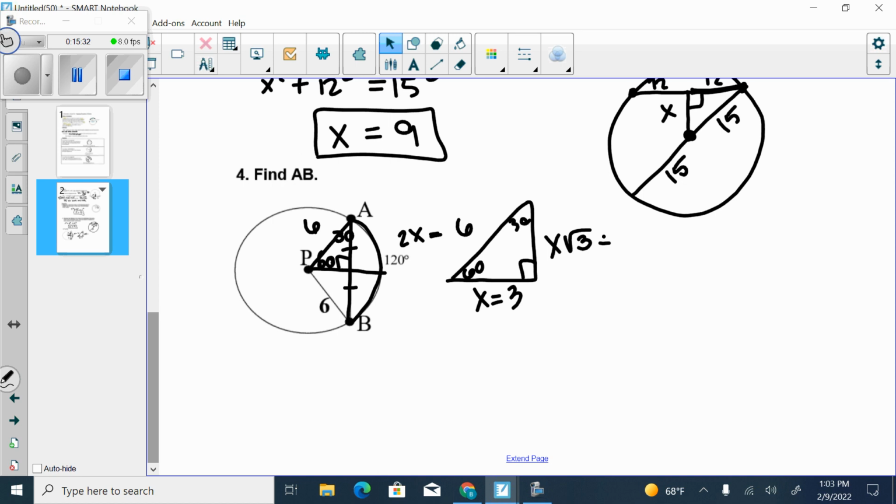So what is this side over here? Good. Okay, so this piece is 3 square root of 3. They want to know AB. So what should I do? Multiply by 2. So that would end up giving me